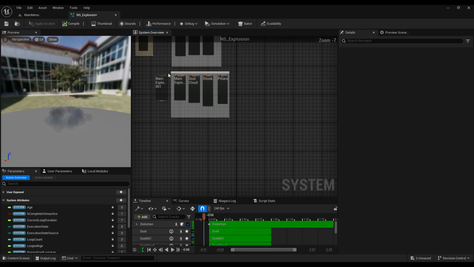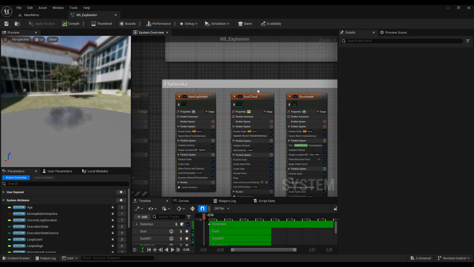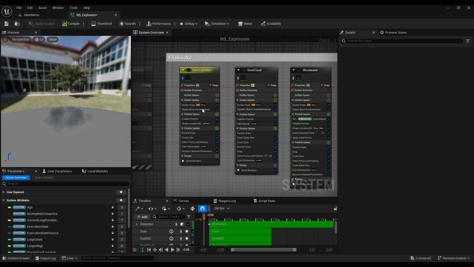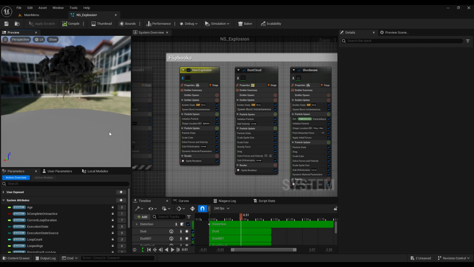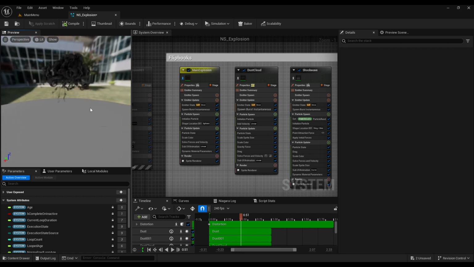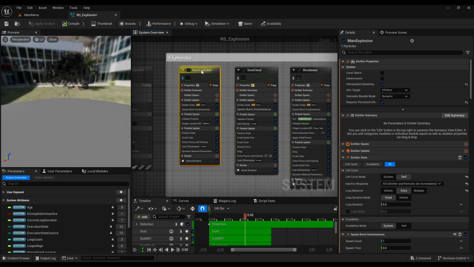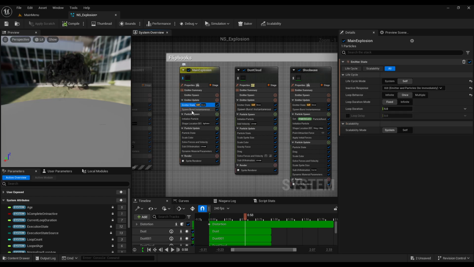So the main thing in this particle system is this main explosion, which is this. It has this watermark in the corner because I could not render it without the watermark, but yeah, it has the watermark if you haven't noticed. So this is the flip book. So what I did here is just to make an emitter with